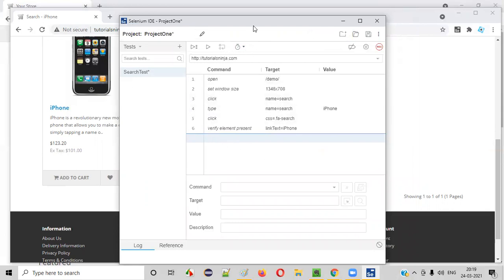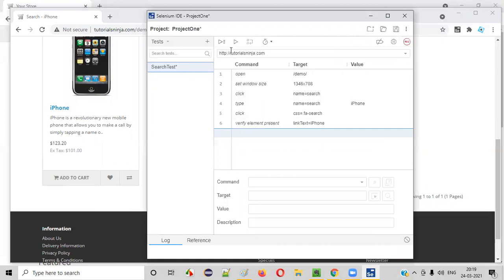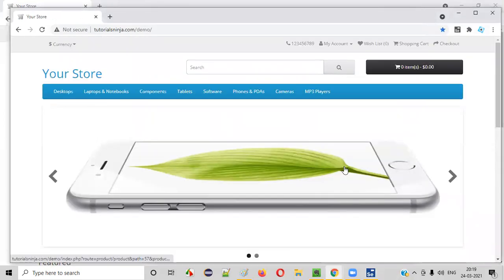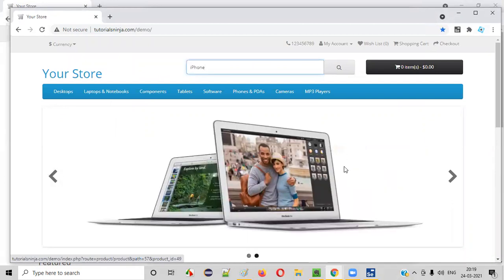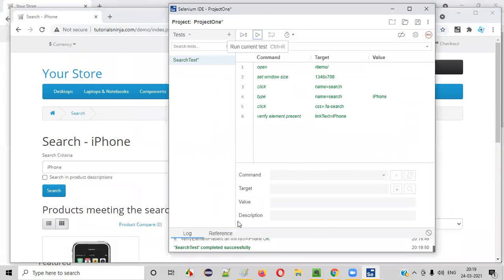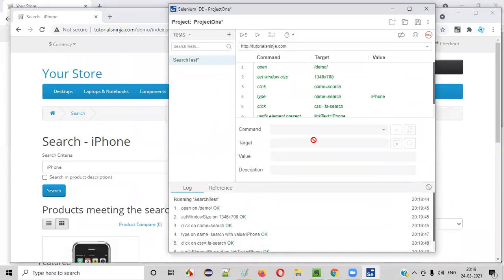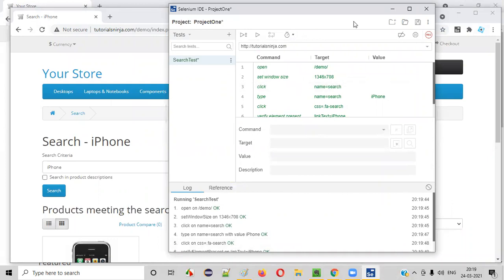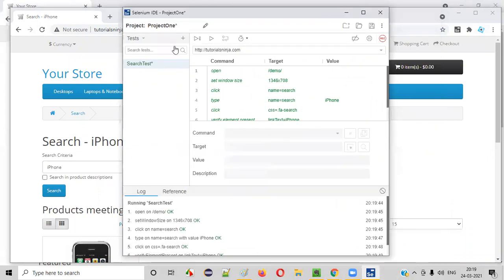And whenever you want to perform testing, simply select the test and click on this run button, guys. Your test will be running. You see, whatever actions you performed, that got played back. Simple, like recording a video and playing the video back, right? All the results will be displayed here. You see, everything got displayed in green color. That means the test got passed. So this is how simple Selenium IDE is, guys.